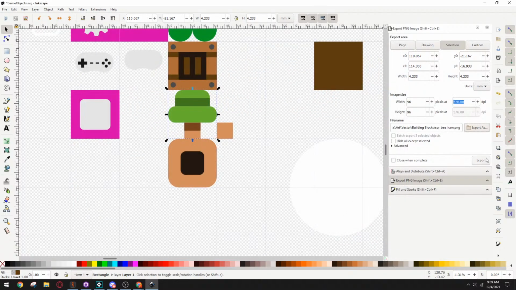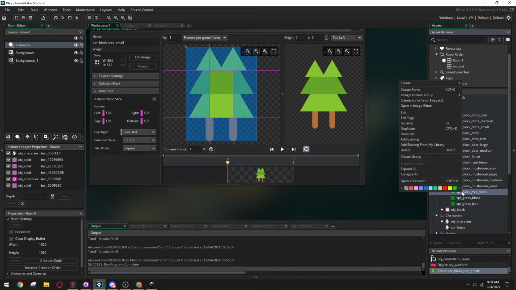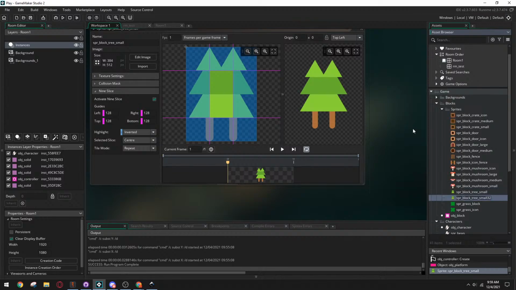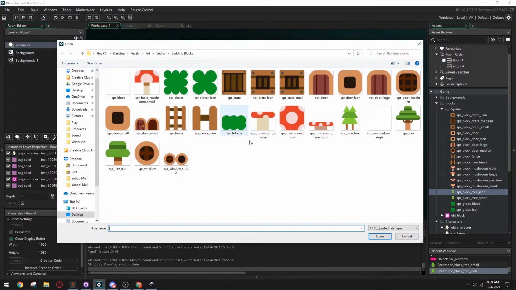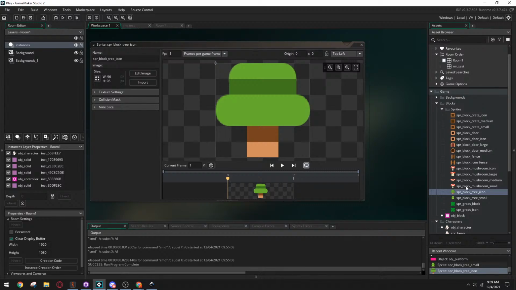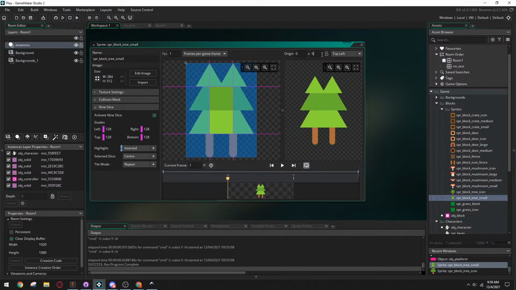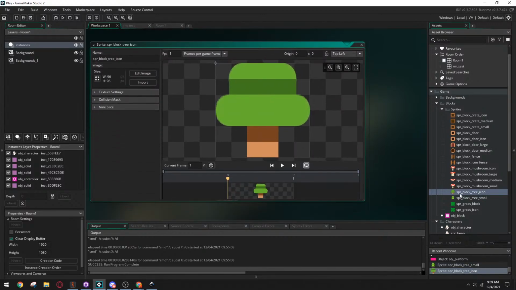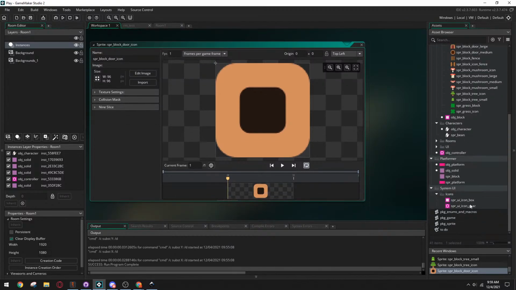SPR tree icon is fine. Let's export that out. All right, so now we have a tree. Let's do SPR block tree icon. Set that at the bottom. The icons are fun in the upper left. Yeah. Okay, so